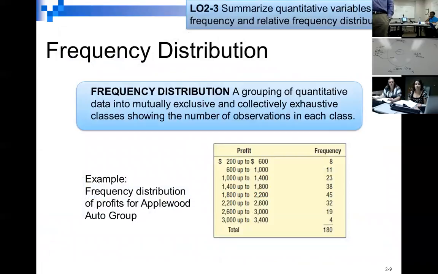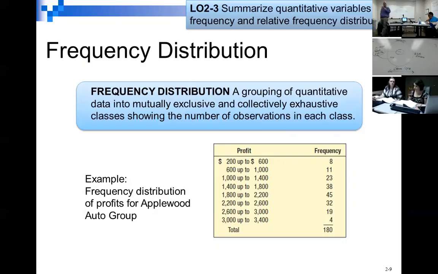A frequency distribution: a grouping of quantitative data into mutually exclusive and collectively exhaustive classes, showing the number of observations in each class. Okay,